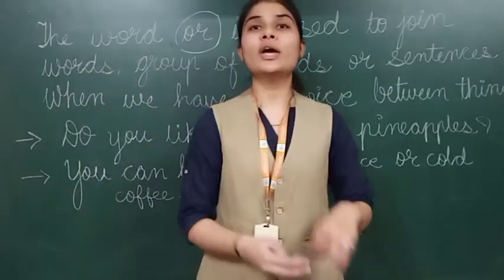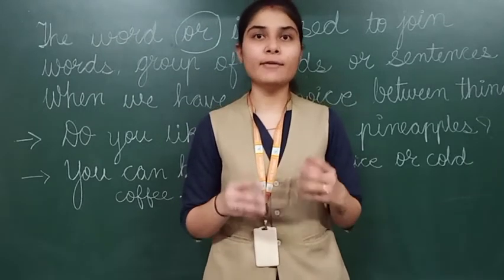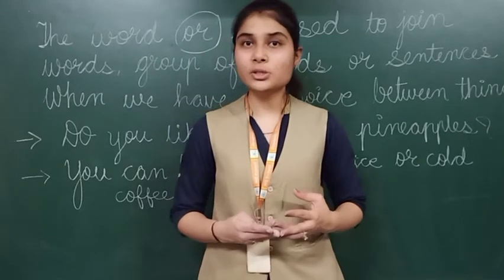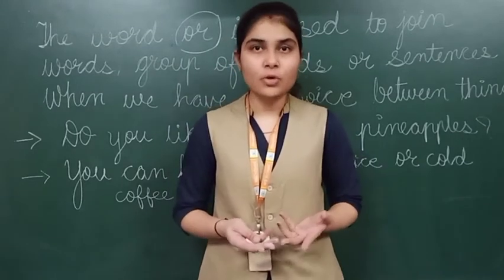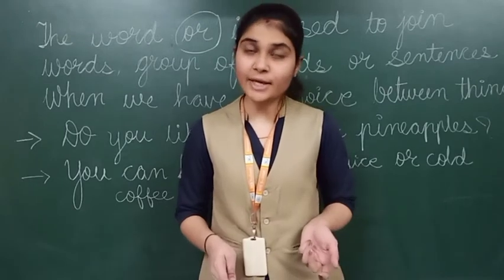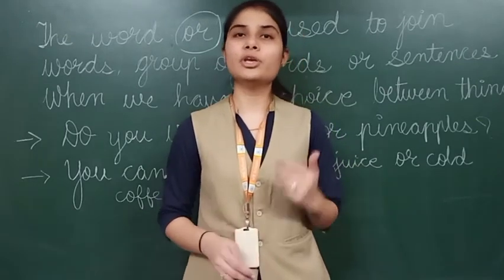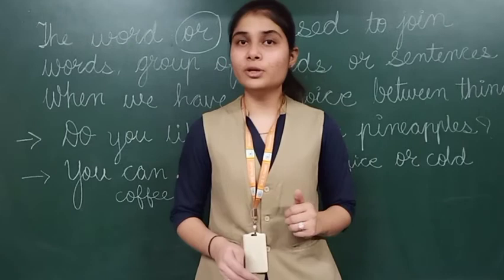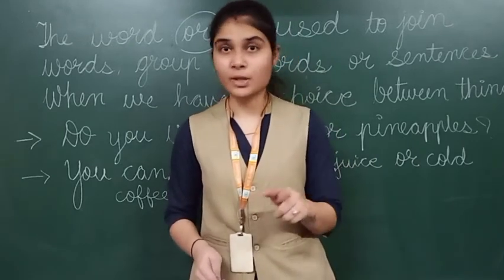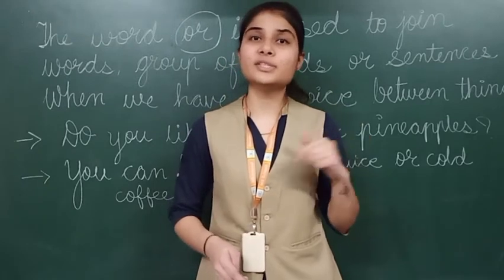Now here, when you are having the choice, when you are having the options to select one thing from them, for options we are using the conjunction word or, right? Suppose your mother is giving you an option. What do you want to purchase? Jeans or shirt? Here mother is giving you an option. She is not asking to purchase a pair.